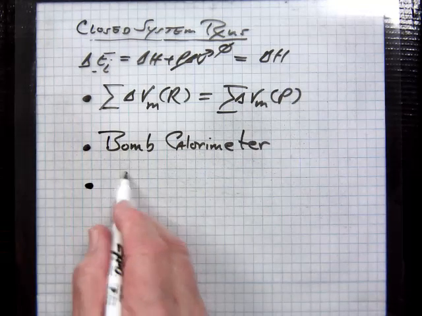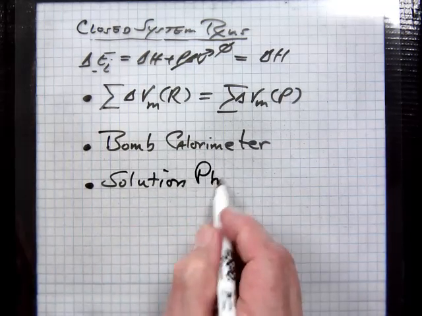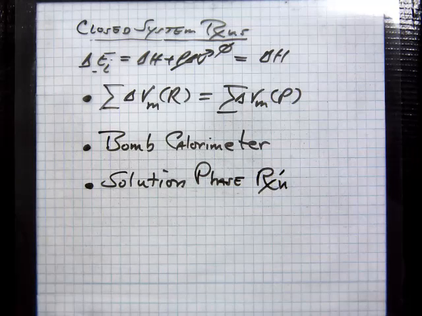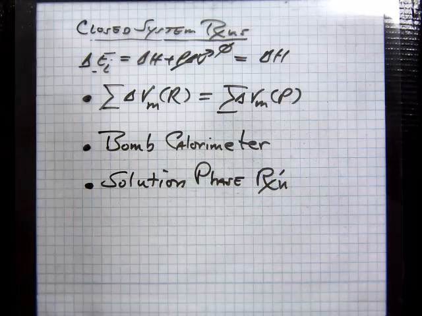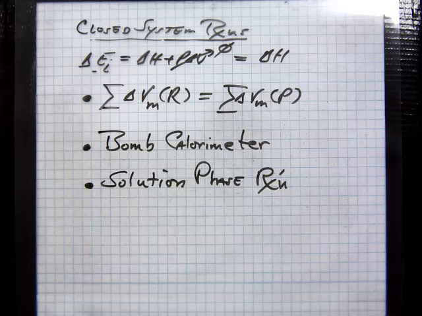Or what we call a solution phase reaction. Where you take, say, an acid and a base, for example, you can have more than that. An acid and base, when they interact, have a tendency to give off energy or absorb energy, depending on the reaction. However, while they change in temperature, we can measure it, the water or the solution itself doesn't expand or compress. We assume that water or the solvent is incompressible or doesn't expand, regardless of how much it heats or cools.